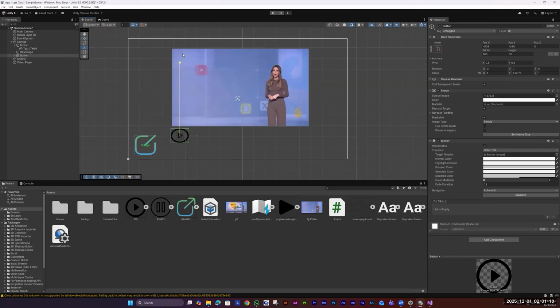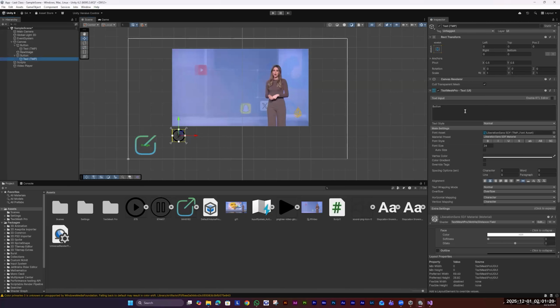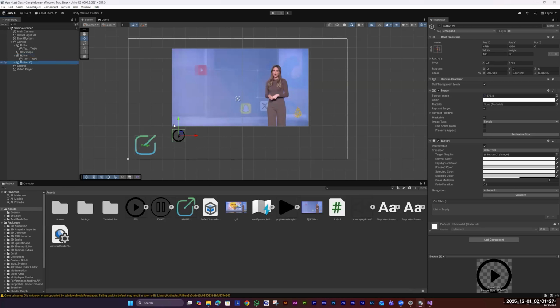I will adjust the scale like this. And for the text, I'm going to make it empty. After that, I will duplicate the button, drag it here, and change it to pause, and another duplicate,